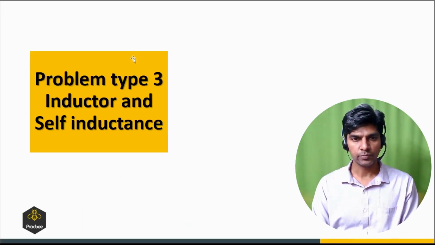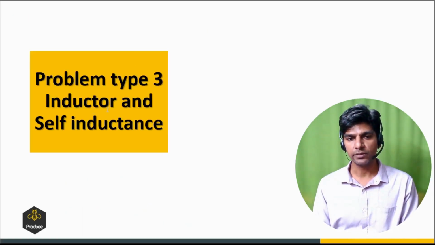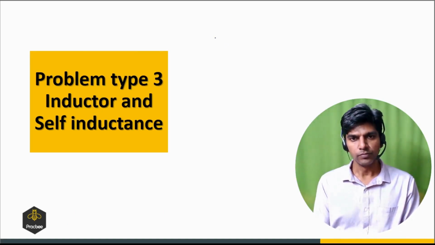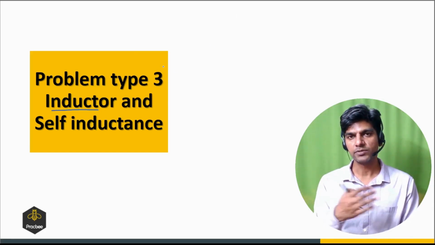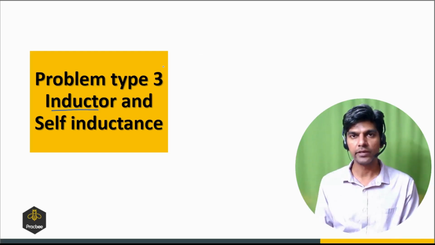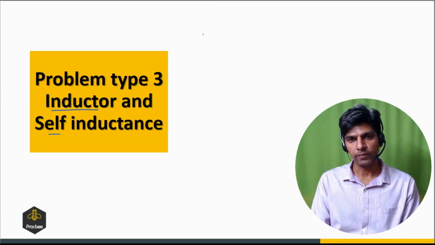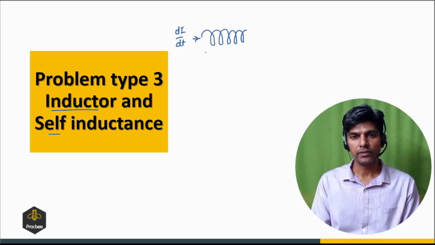Now let us see the next problem type, and it is based on inductors and self-inductance. So what are inductors? These are basically solenoids. If you set up some current in the solenoid, it behaves like an inductor. And what is self-inductance? So let us see. If there is an inductor, and through this inductor, let us say the current is changing as di by dt, then there will be an